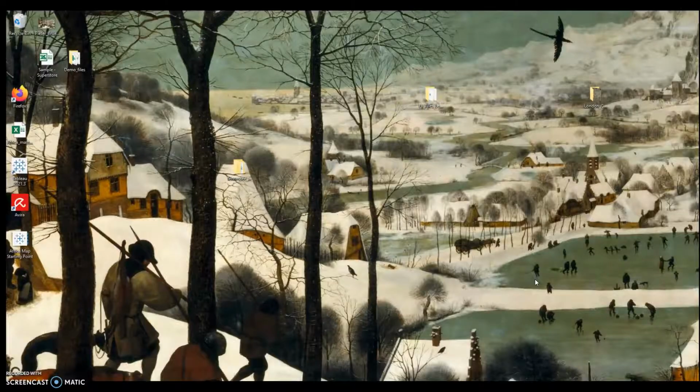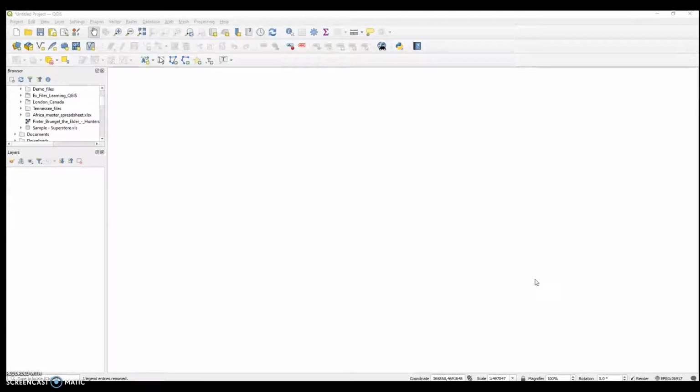Let's get started. So first I need to open QGIS, and notice that the first thing that you see here on the left is your browser window and your layers window. The browser window is how you're going to find your data, how you're going to connect to your data. The layer window is where you can see and edit the various map layers that you are using to create